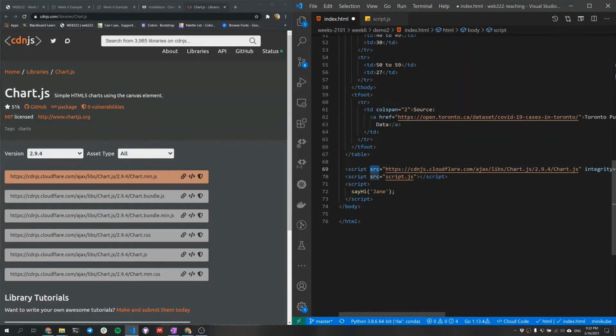So notice here that the source points to a URL. So this is the URL to an object, to a file. And this can be an absolute or a relative URL again, just like other things that we've seen before. And so here we have it pointed at chart.js. So it loads it and it adds all of the functionality within chart.js to our page so that we can use those functions. So I'm going to save my file